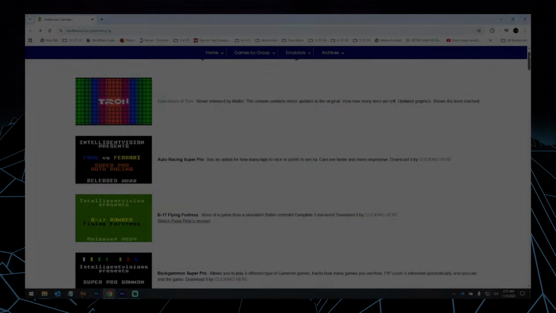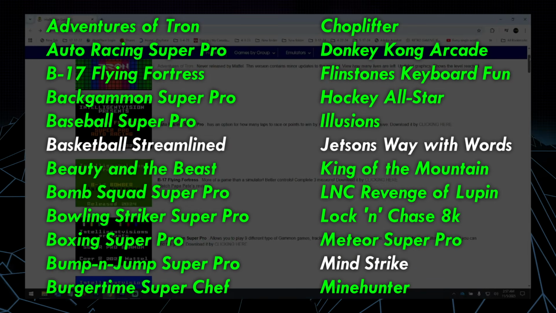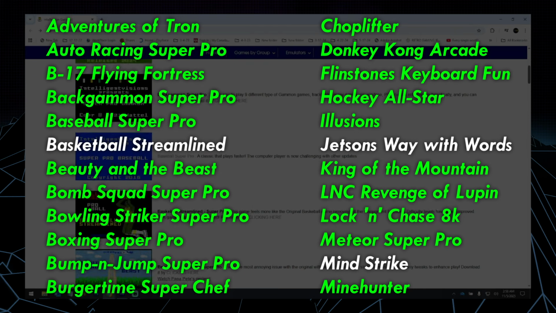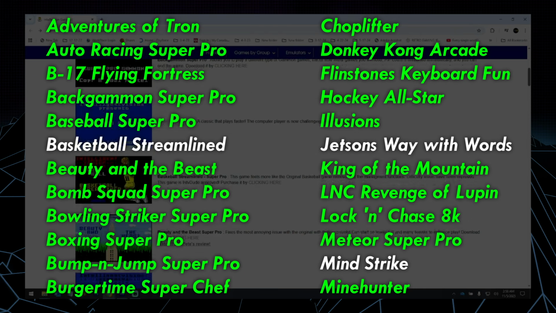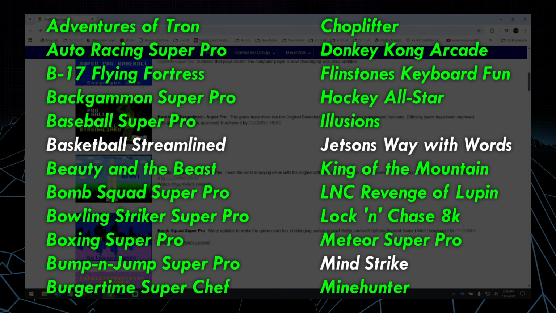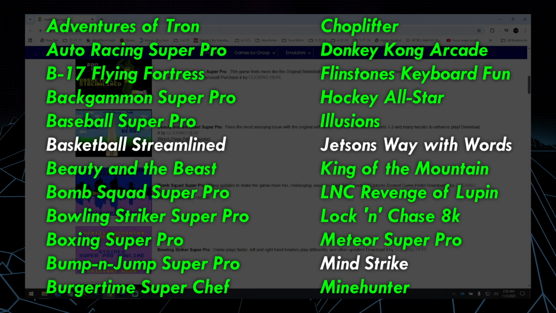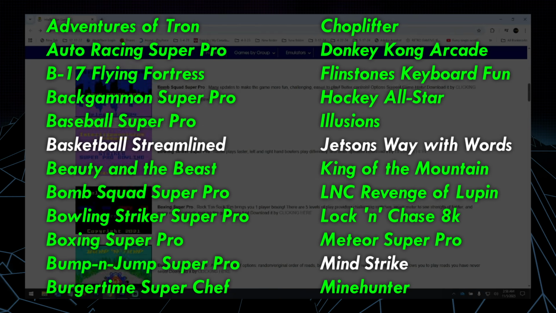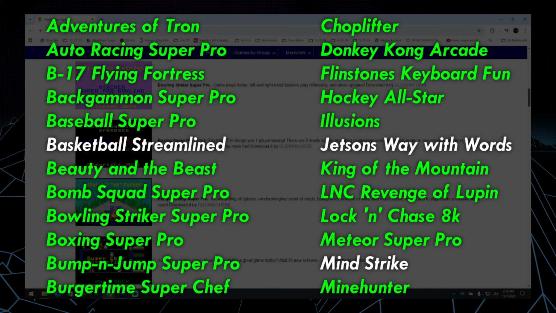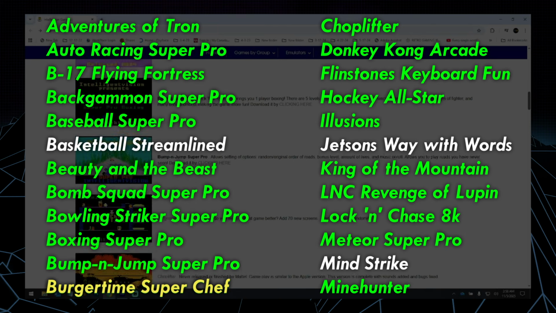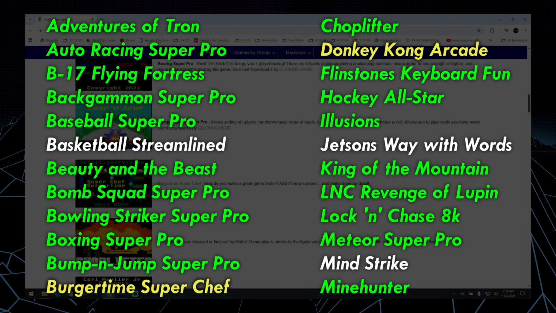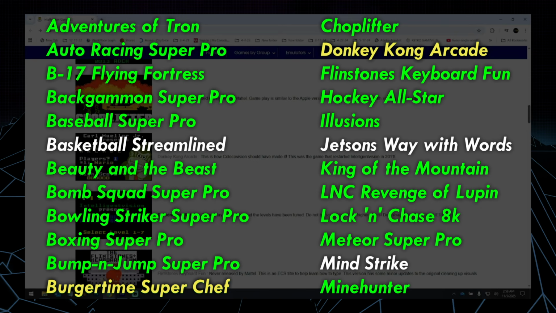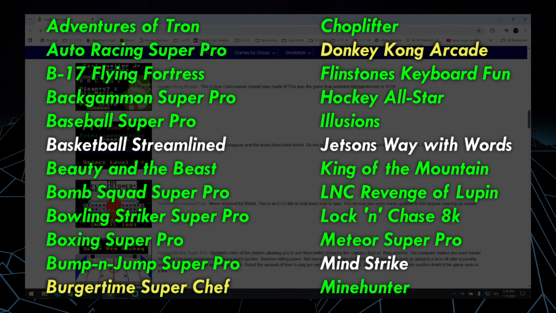Currently, games include Adventures of Tron, Auto Racing Super Pro, B-17 Flying Fortress, Backgammon Super Pro, Baseball Super Pro, Basketball Streamlined Super Pro, Beauty and the Beast Super Pro, Bomb Squad Super Pro, Bowling Striker Super Pro, Boxing Super Pro, Bump and Jump Super Pro, Burger Time Super Chef, Choplifter, Donkey Kong Arcade, Flintstones Keyboard Fun. This game requires the keyboard attachment, however, so it won't play on the Sprint unless a future firmware upgrade allows